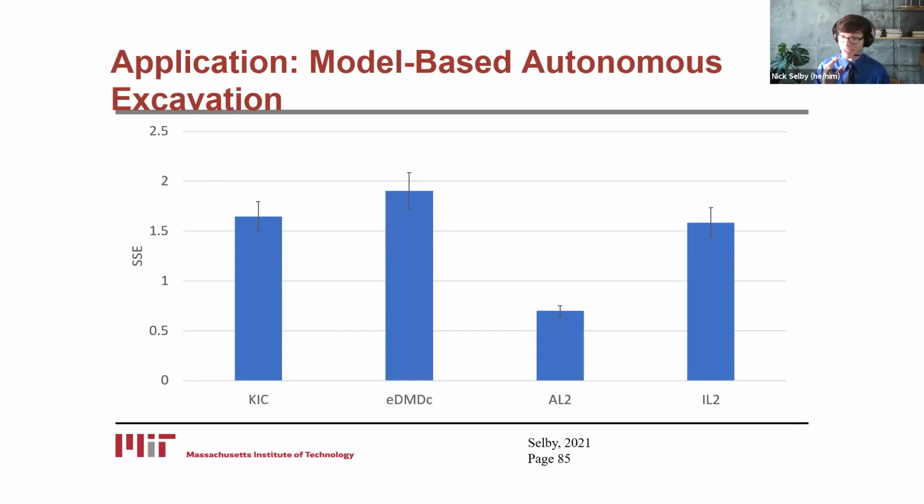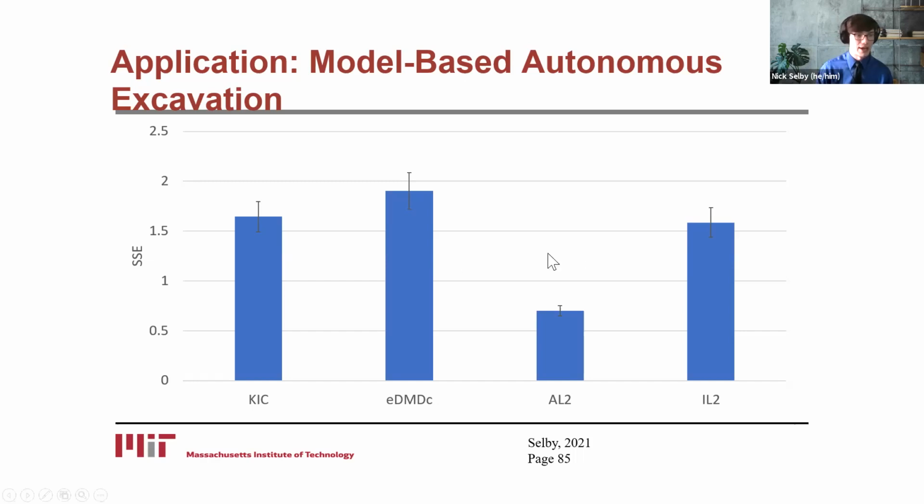And this time, something interesting happened that, if I'm being honest, I did not fully expect. Even though both AL2 and IL2 outperformed KIC and EDMDC, AL2 beat IL2 by more than a factor of 2. As for why this is, hypotheses non fingo, I offer no hypothesis as to why AL2 beats IL2 in this scenario. And I personally think that there is some interesting future work to explore here